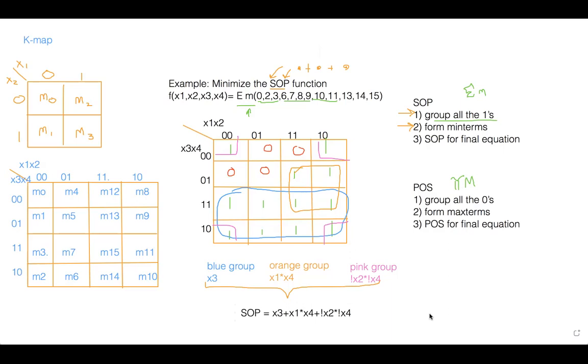And that was pretty simple, I would say, for a good review. And now let's just look real quick at the product of sum, and then that should be good. Okay, so let me erase this. Okay, so for product of sum minimization, for the product of sum minimization, my example I'm going to use,